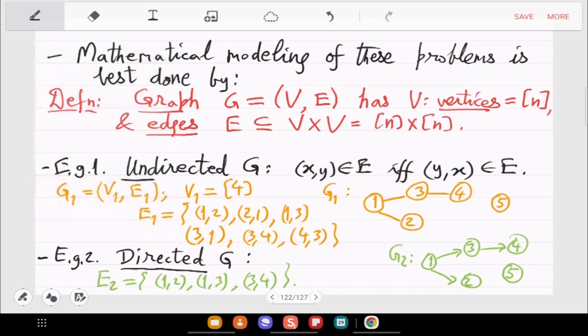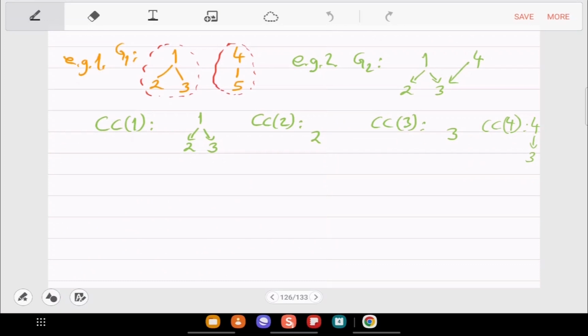Then we have connected component of a vertex, which is where all can you reach from V0. And then we had some properties, like you could see that in an undirected graph, the connected components will partition the vertices into connected subsets, and that may not be true when the graph is directed.